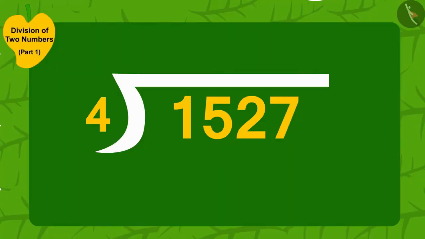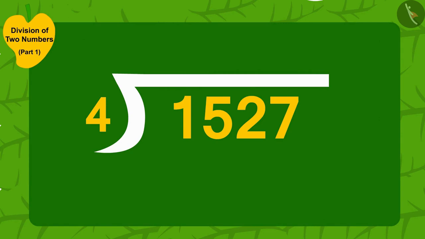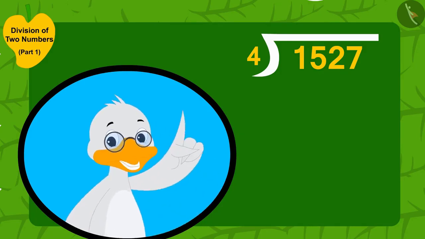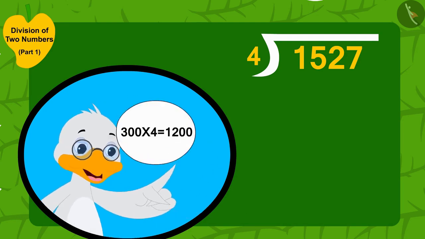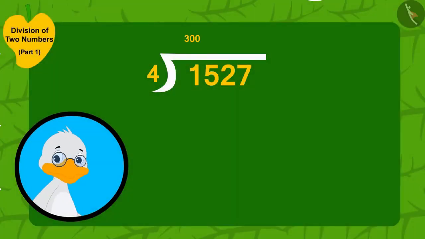Barbole uncle immediately wrote it down on a piece of paper. 1,527 divided by 4. I distributed 4 mangoes to 300 villagers. That means I distributed 300 multiplied by 4. That is 1,200 mangoes. Uncle thought. Now, uncle wrote 300 here, and here he wrote